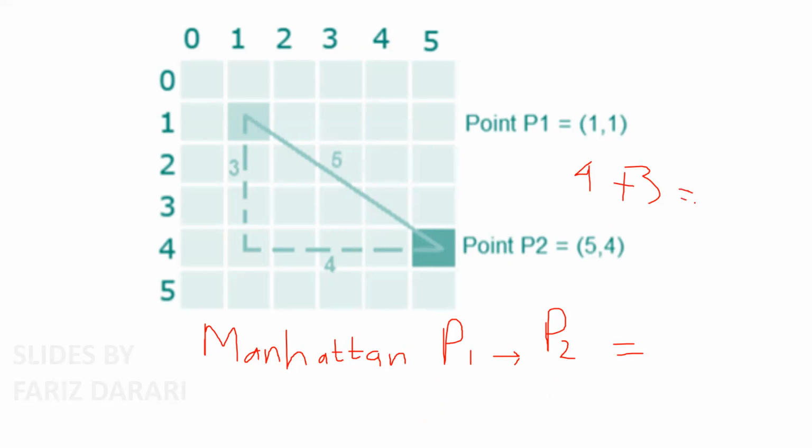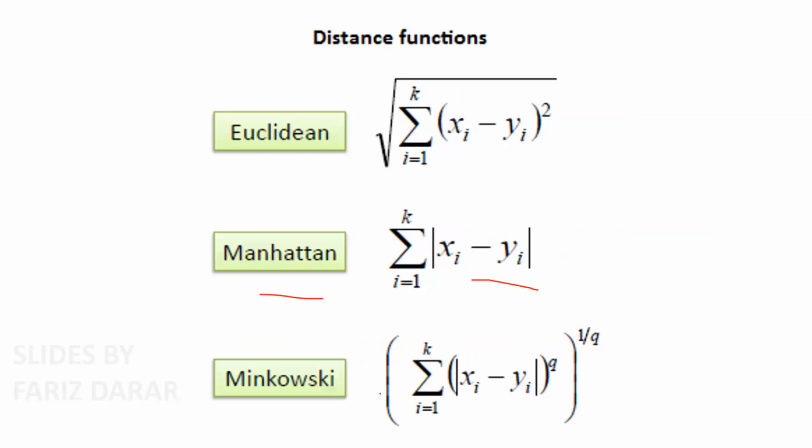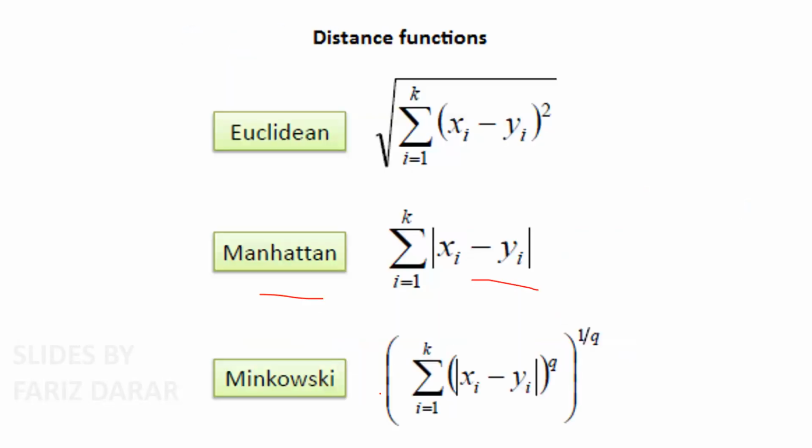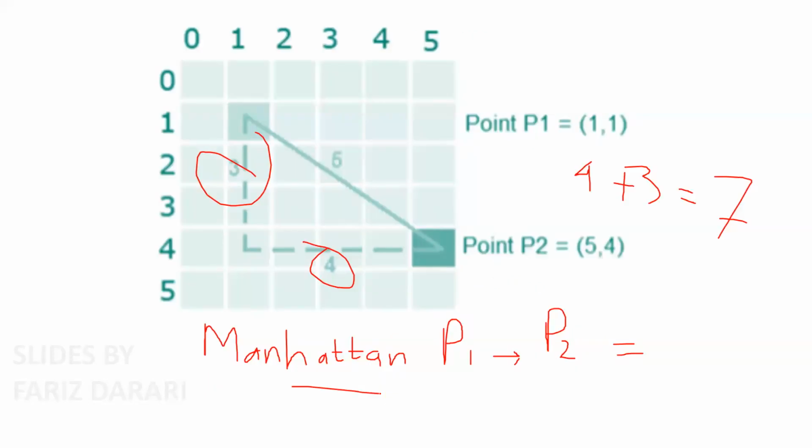So it's actually 7, right? It's basically 4 plus 3, which is 7. Okay, that's the Manhattan distance. So you should be able to compute both the Euclidean and the Manhattan distance, right? And the Minkowski distance, well, you might use it for any advanced applications. Okay,